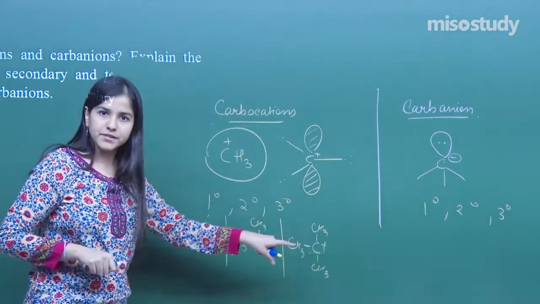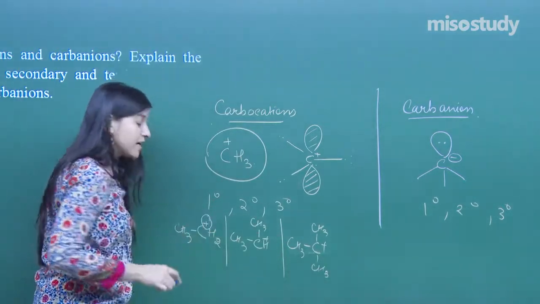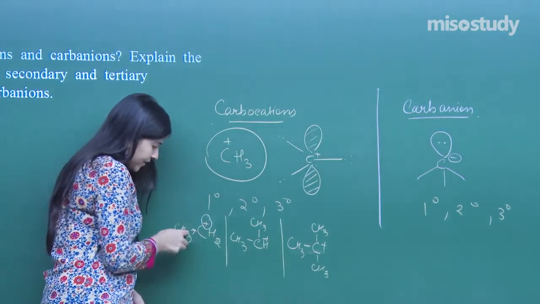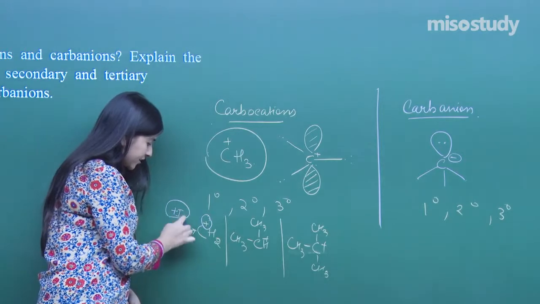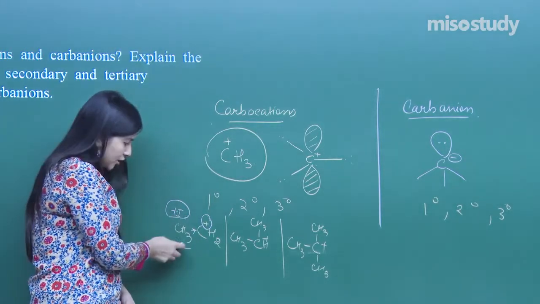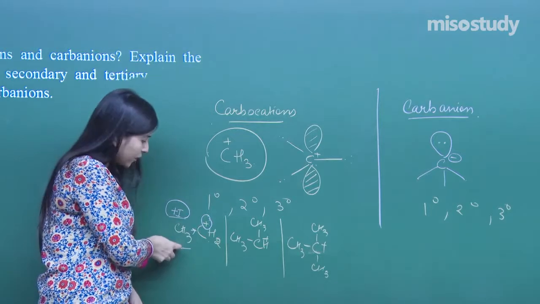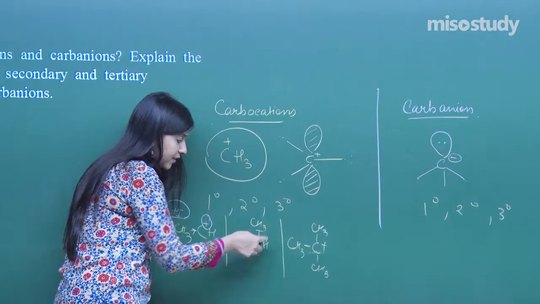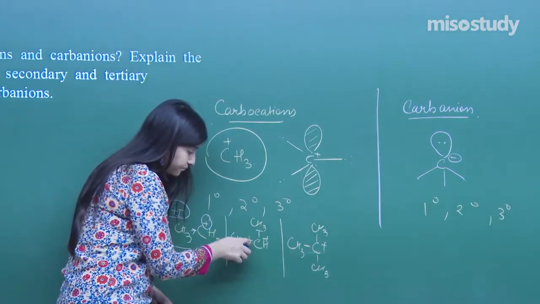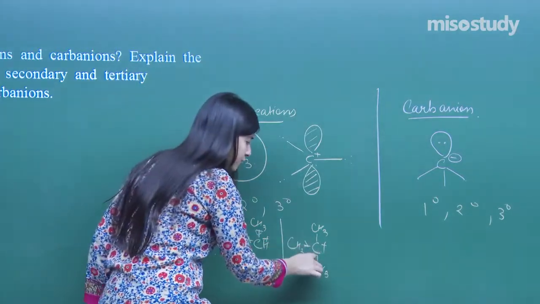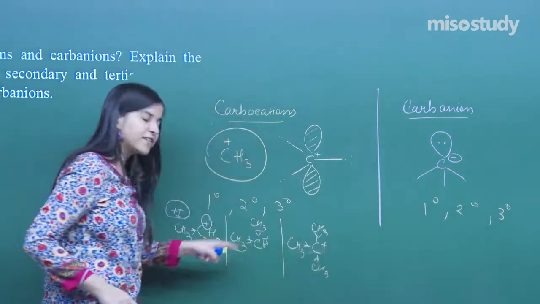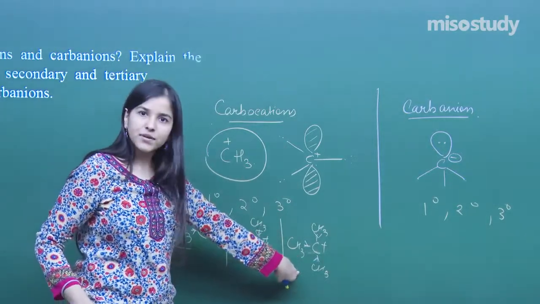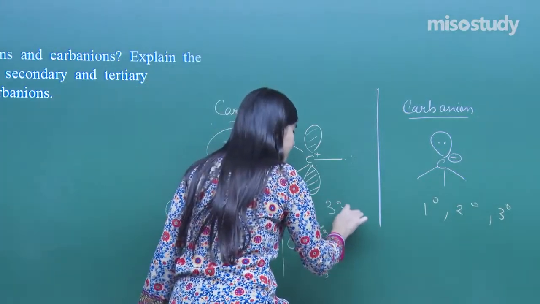If I talk about the stability, see here, this is a positive charge, it must be stabilized. So who is going to stabilize it? The plus I effect, the inductive effect, the donation effect of this alkyl group. There is only one alkyl group which will be donating, thereby stabilizing it. But over here there are 2 alkyl groups which are donating. Here 3 alkyl groups. That means in which of them will there be more stabilization of this positive charge? This one. So the stability goes 3, 2, 1, clear?